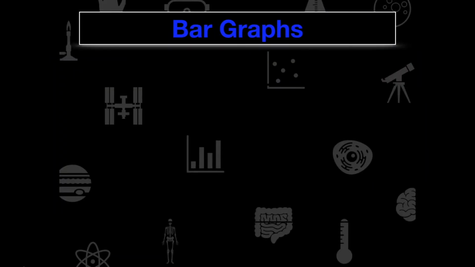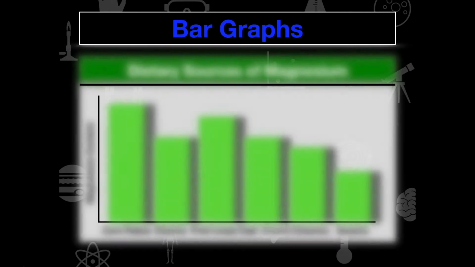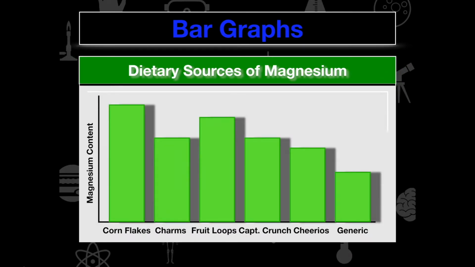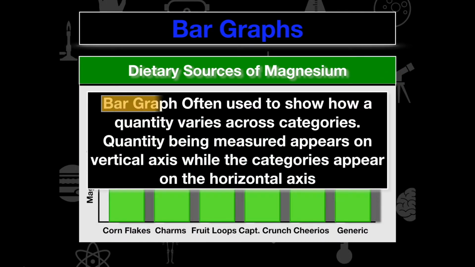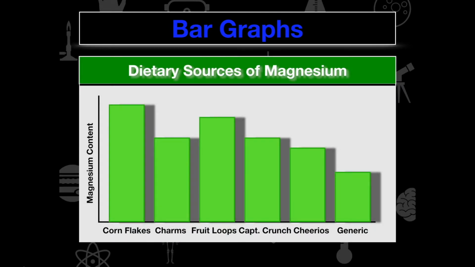Alright, so the next graph that we're going to see are bar graphs. And bar graphs are going to show us information about quantities or categories. So the quantity being measured appears on the vertical axis while the categories appear on the horizontal axis. So what we can tell by this bar graph is this is giving us dietary sources of magnesium. On the x-axis we have magnesium content, and on the y-axis we have the different types of, in this case